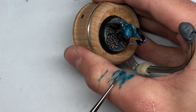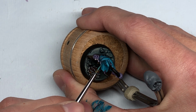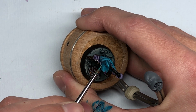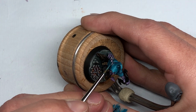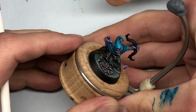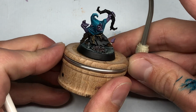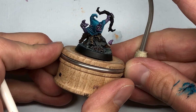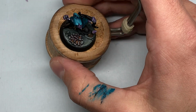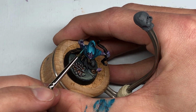Here, on the top of the ears, we haven't done it in the previous layer, and probably should have. Just want to add a thin line, as well as here at the bottom. Again, this is not per se where it catches the most light, but it defines that area a little bit, and it makes the ear more noticeable. And so it adds for me to the overall effect of the detail that you will see painted in the